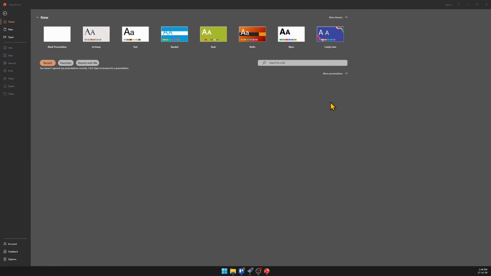How to fix PowerPoint not saving file. So there's absolutely nothing worse than spending hours perfecting a PowerPoint presentation only to hit save and get a terrifying error message saying your file can't be saved. Before you panic and close the window, let's go over a few quick fixes to rescue your hard work without